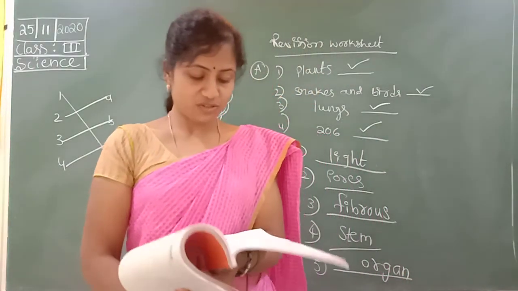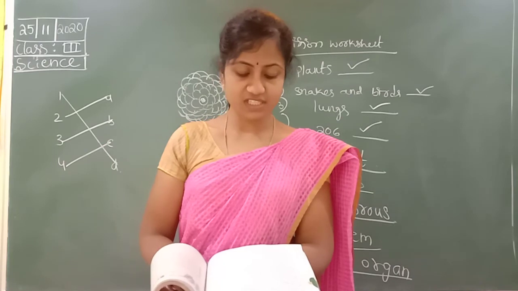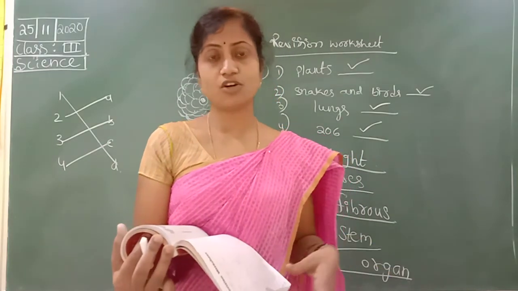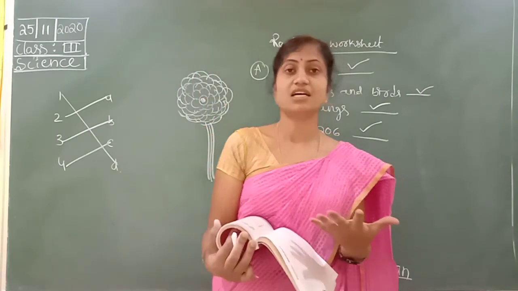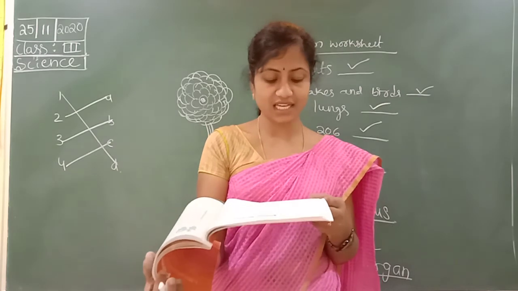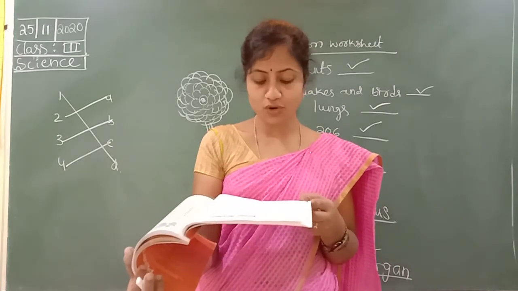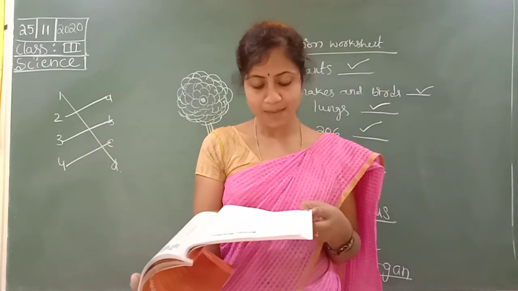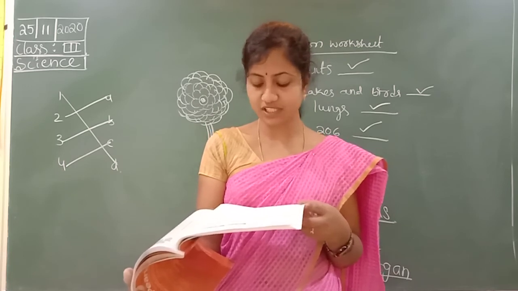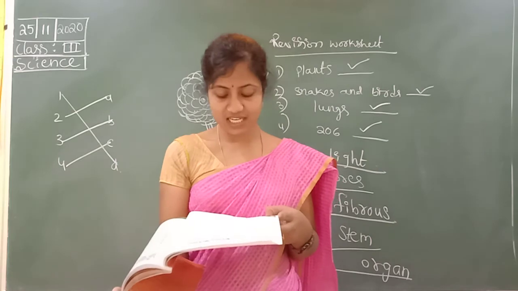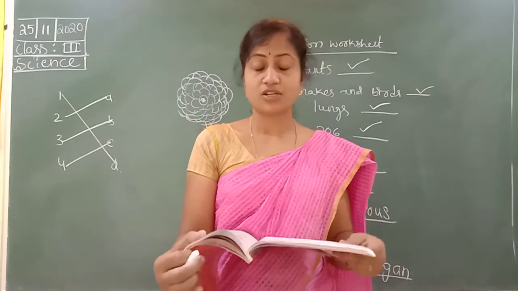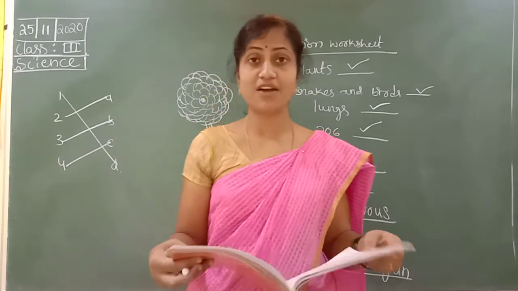Next, answer these questions, very easy. How do living things differ from non-living things? Write 2 points. These are all lessons we have finished, including the question answers. You know very well, you only write like that. Write one role of the stem in a plant. Why do some animals swallow their food whole? Which are the organs of the nervous system? How is our skeletal system useful to us? These are all answers in our lessons only.